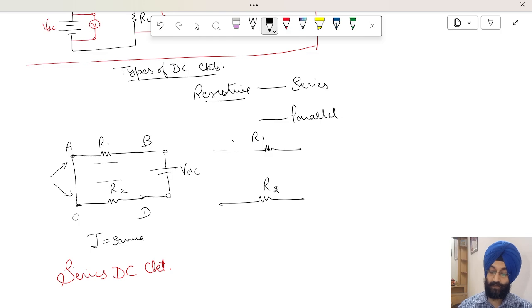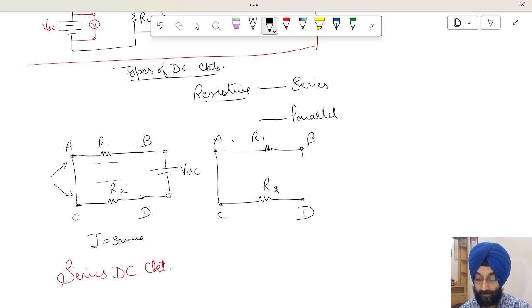Similarly, if we have two resistances R1 and R2, and let us suppose there are two ends A and B of resistor R1, and C and D of resistor R2. If we connect A and C with each other and B and D with each other, now these two resistances will be said to be in parallel, because whenever we give supply to either end of these,